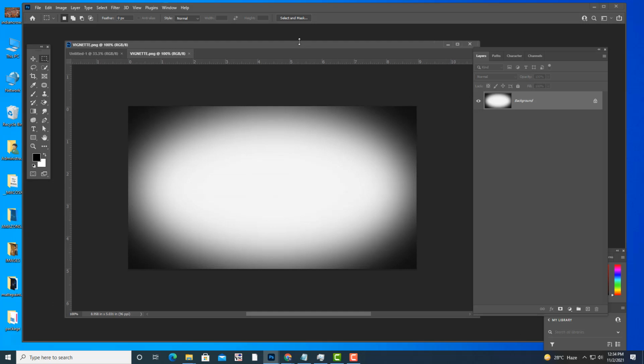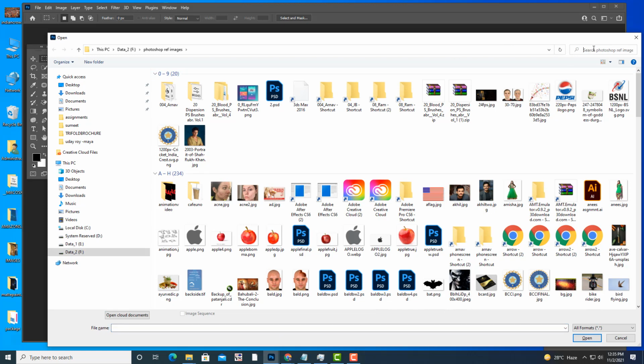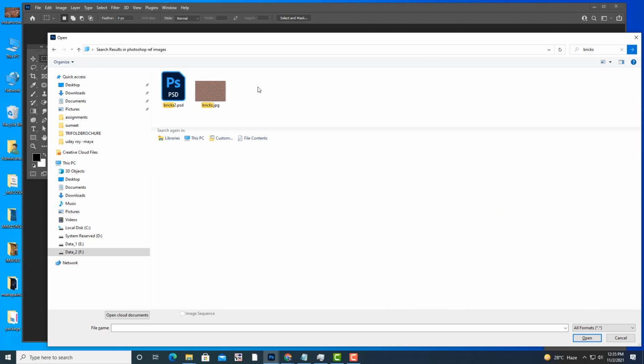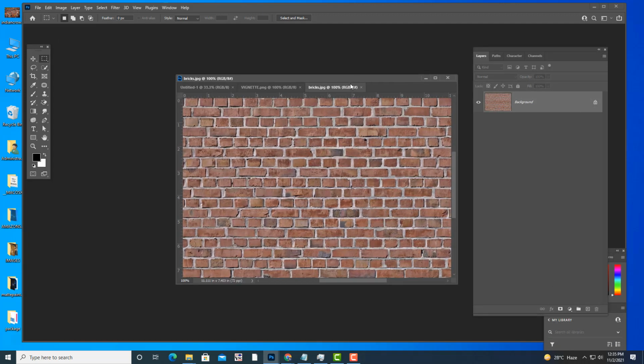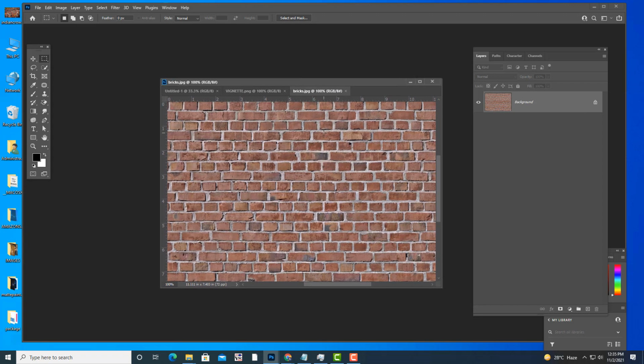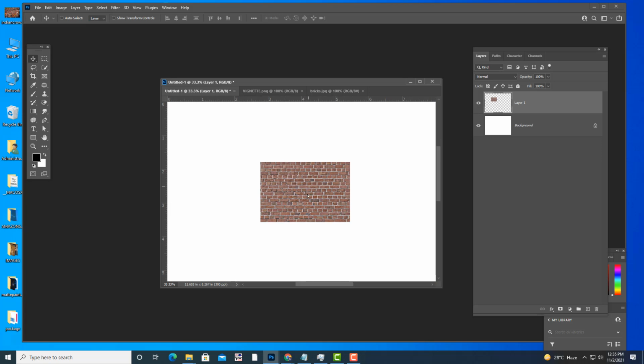Then I am going to take a bricks background first. Control O. So I will take a bricks background, and we can drag this directly into our new document like this.